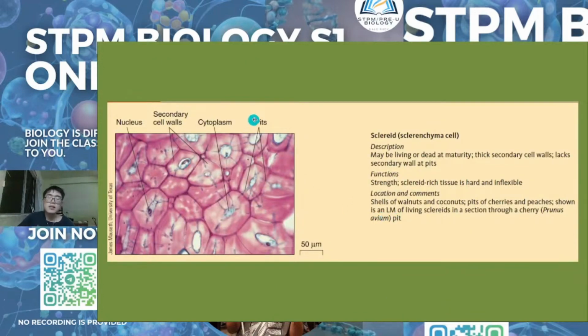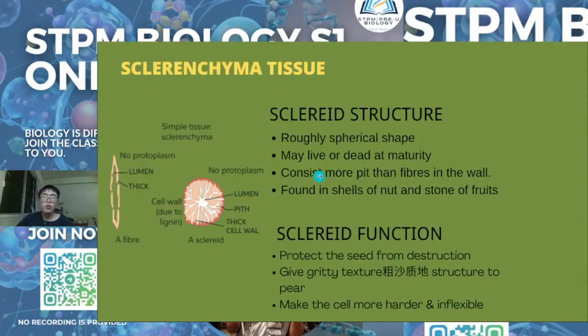Okay, so this is the structure under the microscope. The function is to strengthen the tissue, which is hard and inflexible. Okay, so that's all for ground tissue. You should know all of these structures, because maybe in the examination, especially in an essay question, it may want you to draw it. So if you want to draw it, you need to know what the shape is, whether it has a thick or thin cell wall, or whether it has space or not. All of this you need